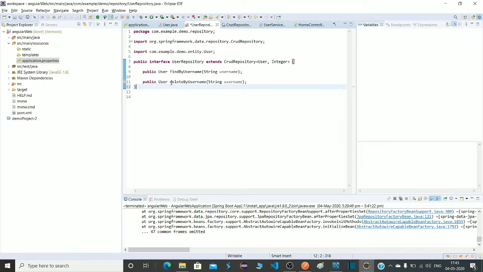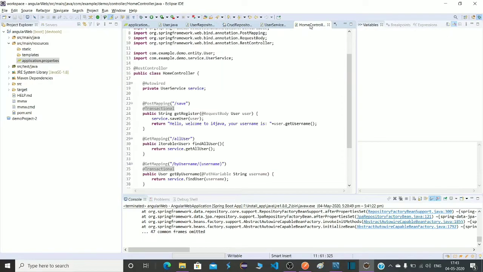Sorry friends, here is one mistake. Return type should be iterable because we are getting the response in data. So by deleting one record, it has to give response as all records. For that we have to add an iterable return type. Okay, now it is perfect. If you run this application now, it will work perfectly.